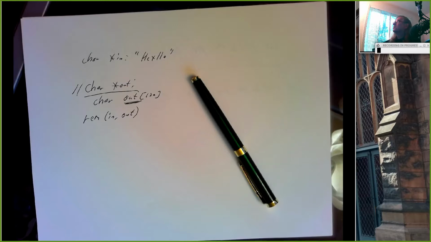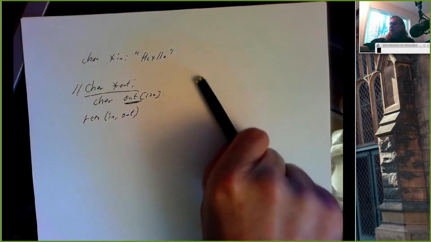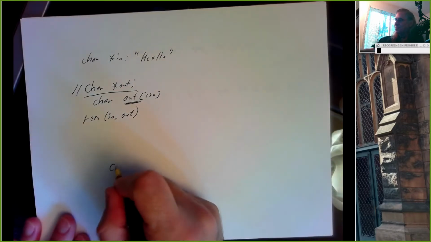There's lots of messages going on in chat. Let me see. I was doing some problems on Code Wars and kept coming up with using malloc. What is malloc and how do you use it? So malloc, we're going to use a lot of malloc in 222. Basically, if I say char star out,